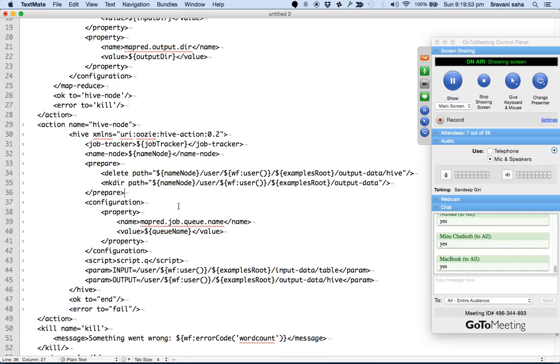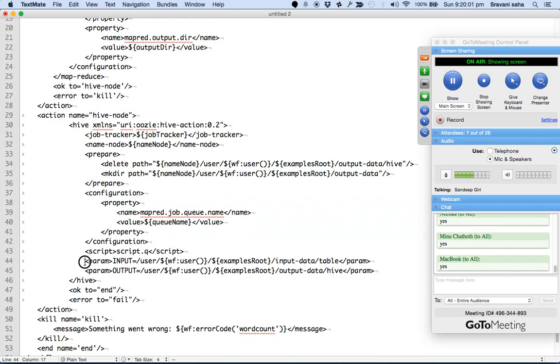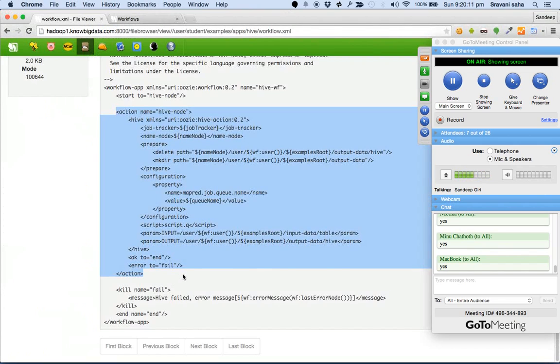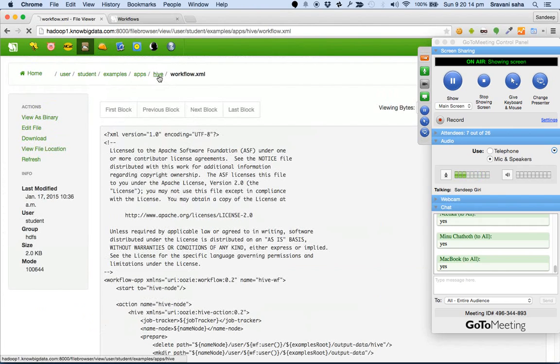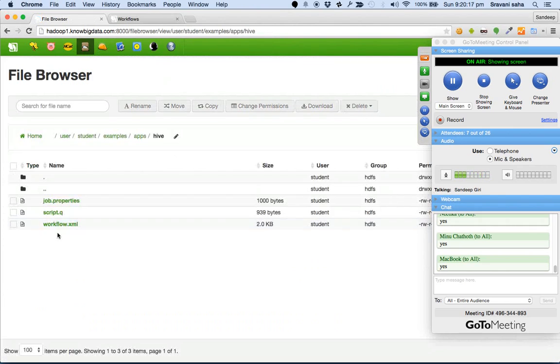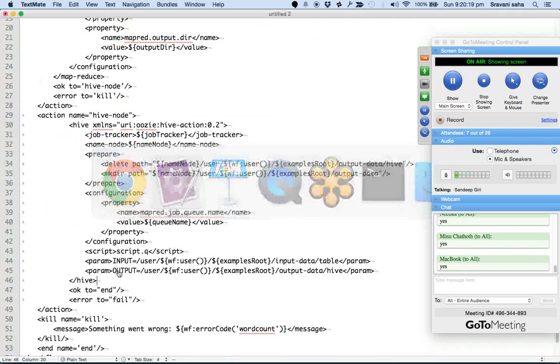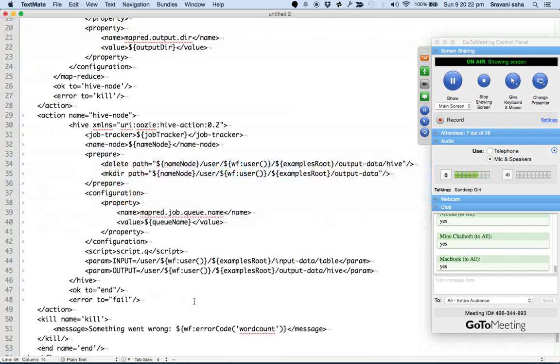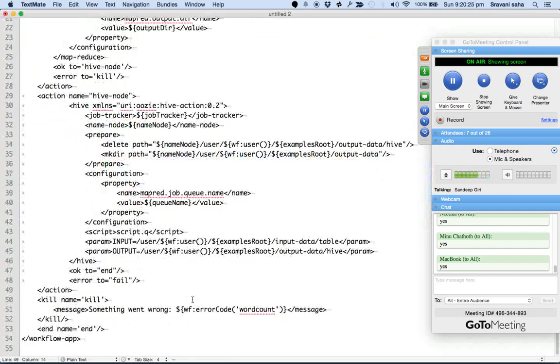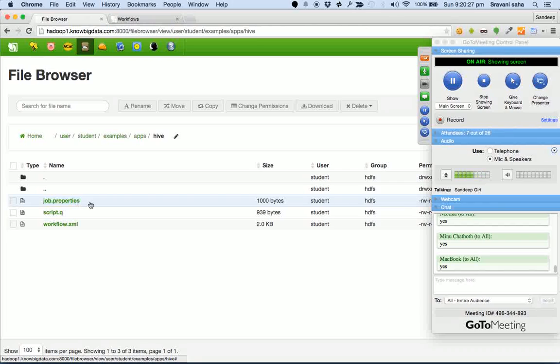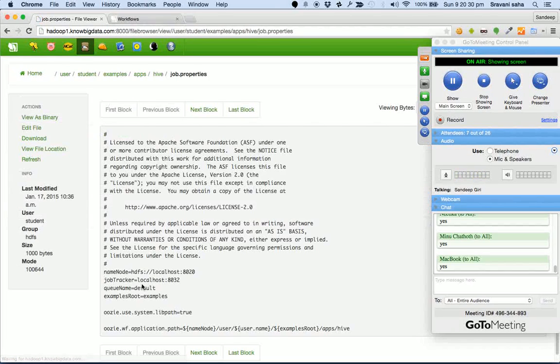And after that, here is the configuration part. We can say that you use this queue, and then we say that here is our script. You can see the script.q. This you have to put in the same folder and then execute it. As you can see here, in Hive there will be a script here, script.q. So the full project, everything in this project exists on the HDFS except for job.properties, which you have to keep a local copy of. Alright,